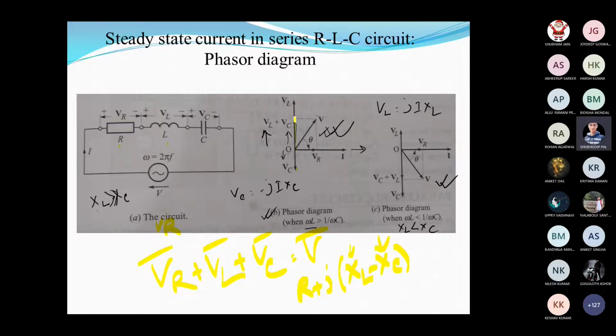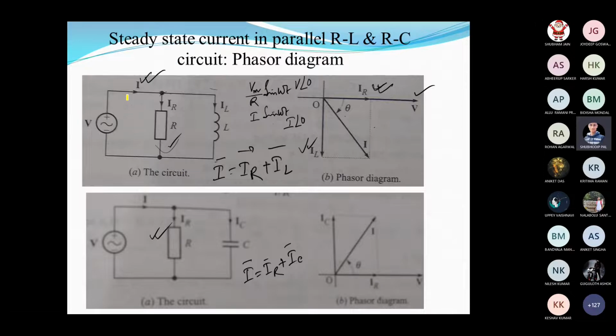So in that case, in case of the capacitor, we usually see KCL. I is equal to phasor sum of IR plus IL. So IR plus IL, the resultant current is this one. If the circuit is inductive, the current is actually lagging the supply voltage. But in case of capacitor circuit, we know that the current leads the voltage. So this is the current representation, net current. IR plus IC, this is the net current, and net current is again leading the net voltage.